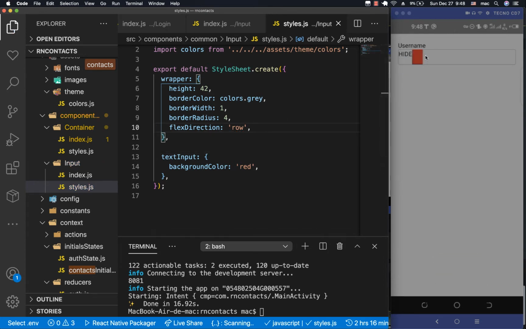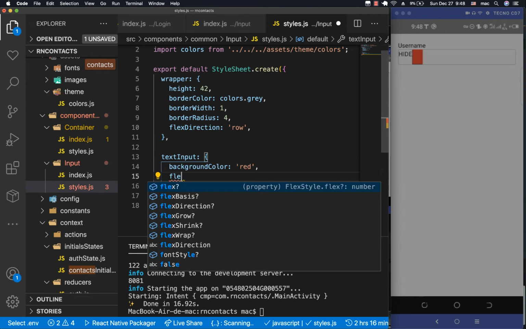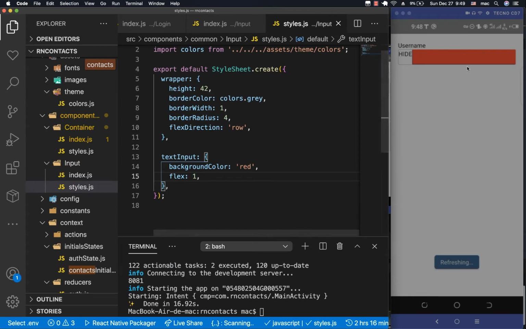Now, when it goes here, we really want it to spread over because when a user clicks here, we want it to focus. So at this point, it can only focus when a user clicks here. Okay. So what we want is to give it a flex one. So flex 1 and save, and that makes it spread over. Okay, so that looks good. So once we have this, now